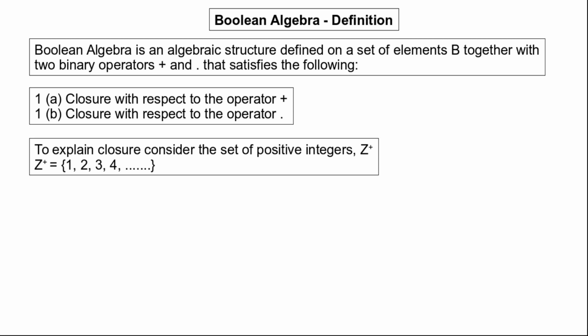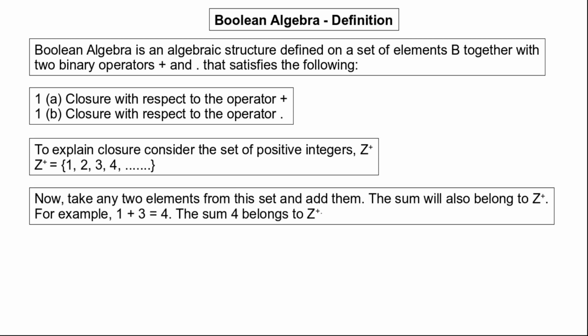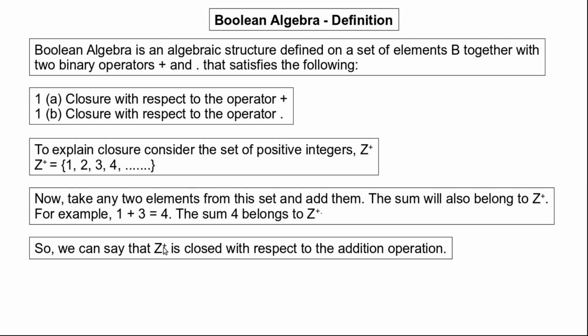Now if we take any two elements from this set and we add them, the sum will also belong to this set. For example, if the two elements that we take are 1 and 3 and add them, the sum will be 4, and 4 is a member of this set. So we can do this addition for any two numbers from this set, and you will find that the sum will always be a member of the set, and hence we can say that Z plus is closed with respect